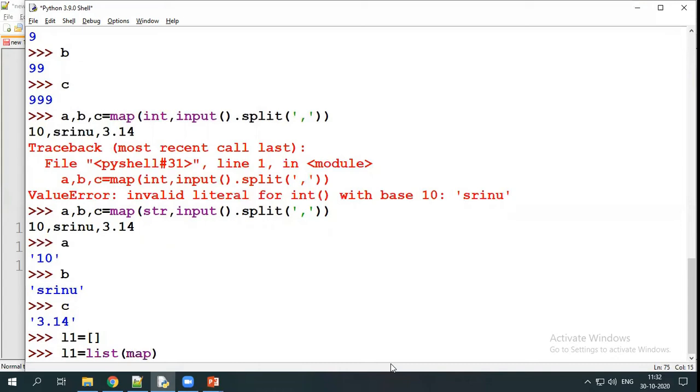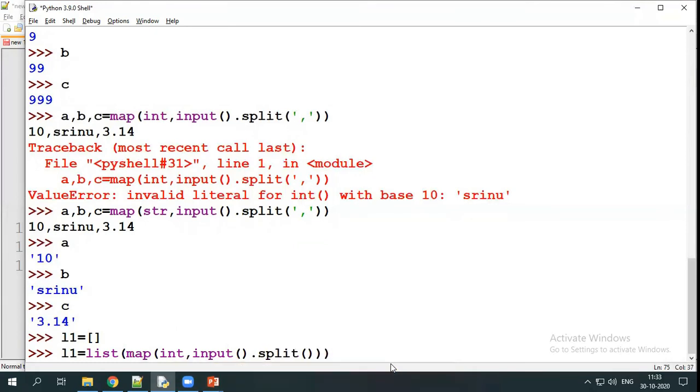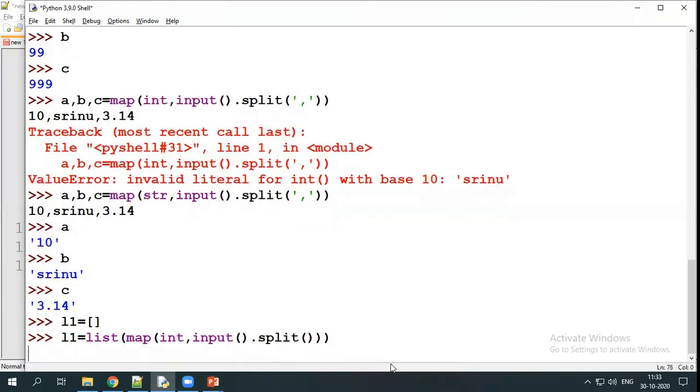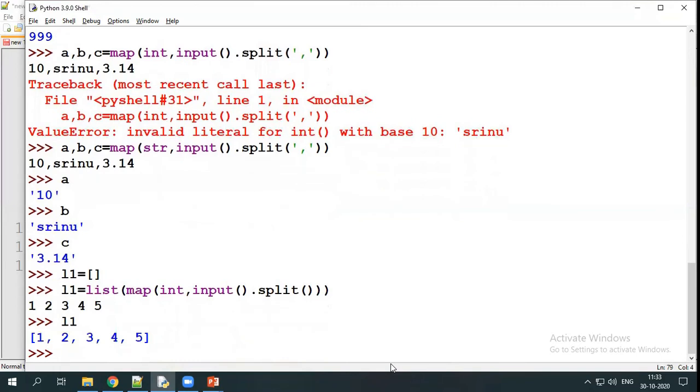Again, I'm using the map function. This map function is going to read all integers. While reading input, we have to specify the delimiter, input dot split. By default it is a space. Here one space, two space, three space, four space, five. Now if I print L1, it prints 1, 2, 3, 4, 5.